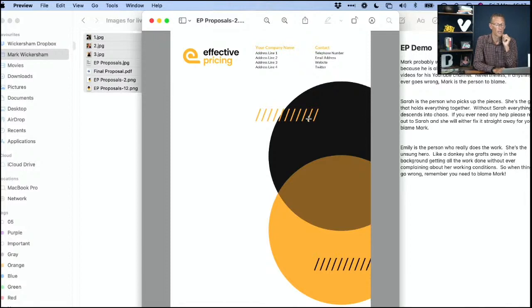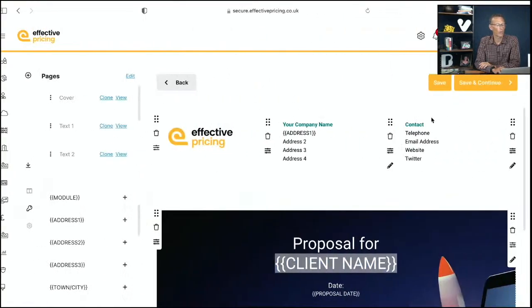So Emily designed this front page where it's one image, and the image has, in the top left, the logo, our company name, our contact details. And so you could design that in any way that you wanted. I'm going to show you how that was designed. I'm going to tell you about a free piece of software that we use to create this little design. So you could create a beautiful front page as an image, and then what you can do is